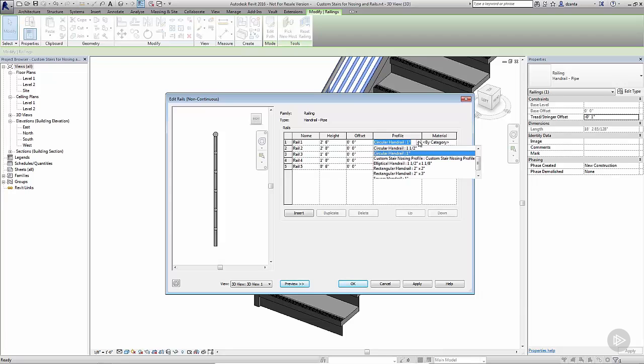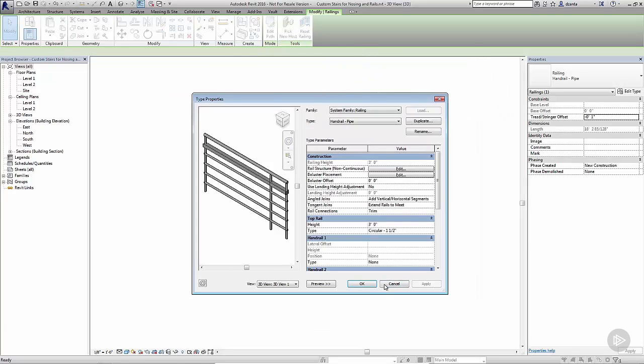So for example, I can go in here and change this to, say, rectangular handrail 2 inch by 2 inch. Hit apply and you'll notice how it adjusts here. So let's go through the process of customizing this the way we want and making some tweaks and adjustments to, say, the profile for each one of them. I'll cancel this,